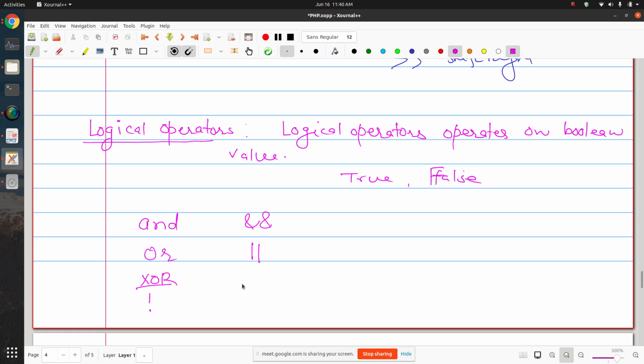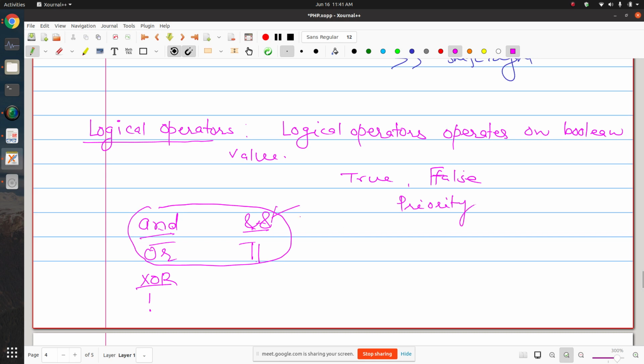Okay, so these are the logical operators that you have. Now you can see that there are two alternatives for logical AND operation. You can use this one, or you can use this one. Generally you do not have these kind of options in other languages, but PHP has this option that you can use this one as an AND operator or this one. The work of both of these operators is the same.